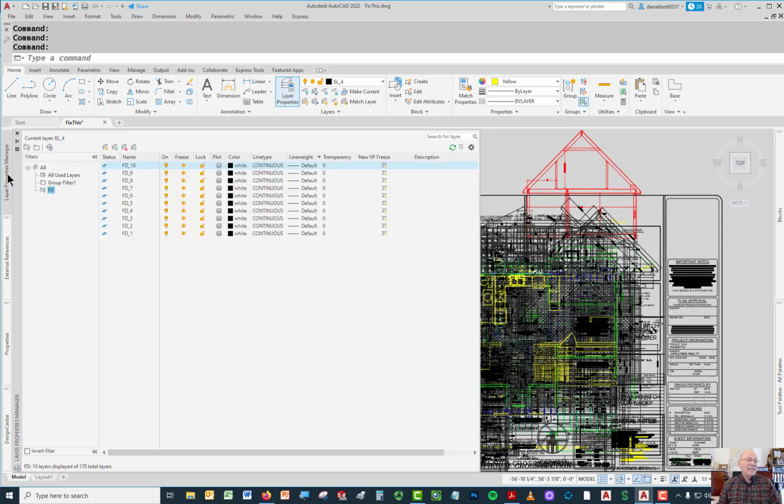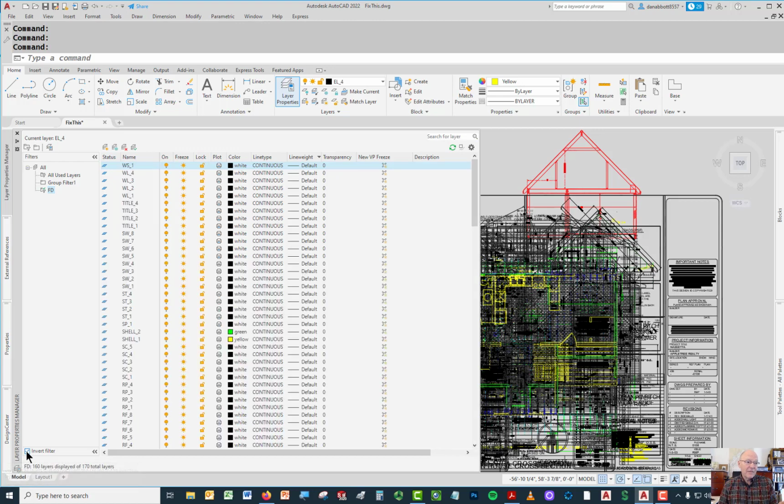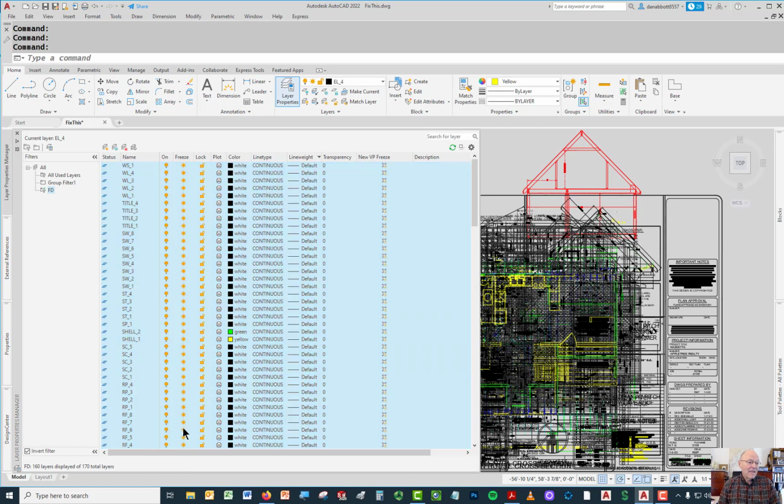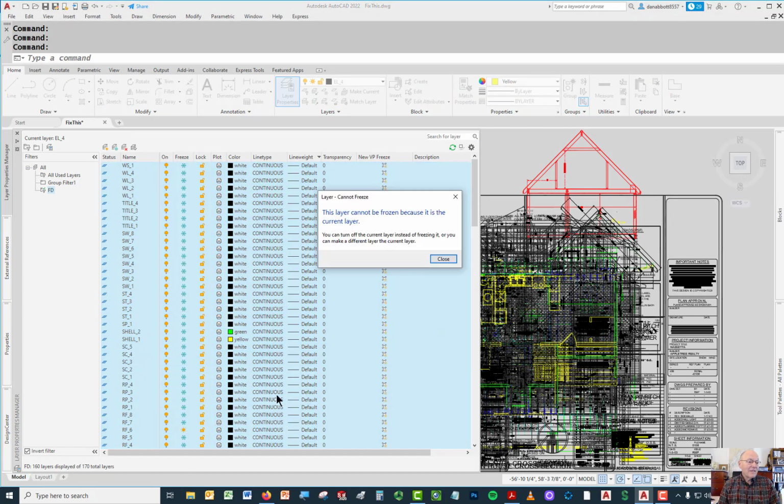But it's easy for me to make that change by saying, all right, I want only these showing because I want to see what's going on. Now I come down here, invert my filter. That just means we're going to get all the layers that don't begin with FD. And now, if I just highlight everything here, all those layers, and then say freeze all those layers,